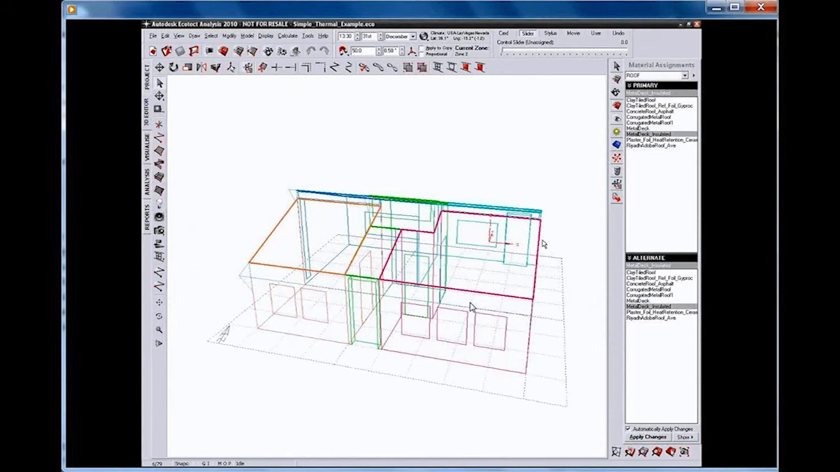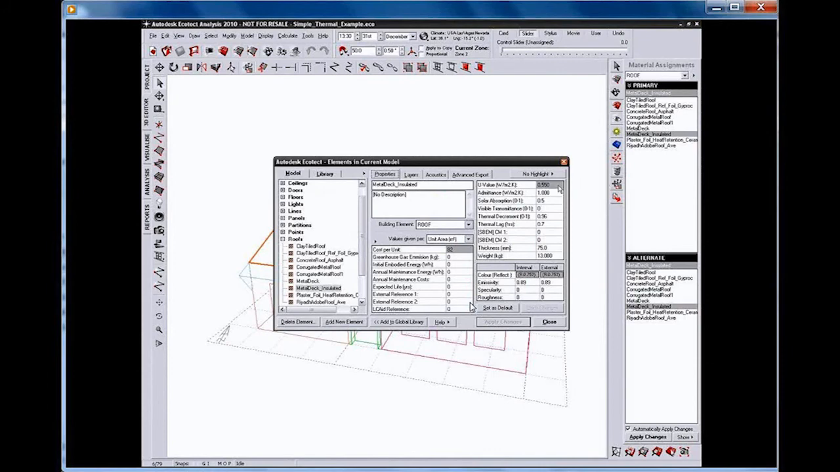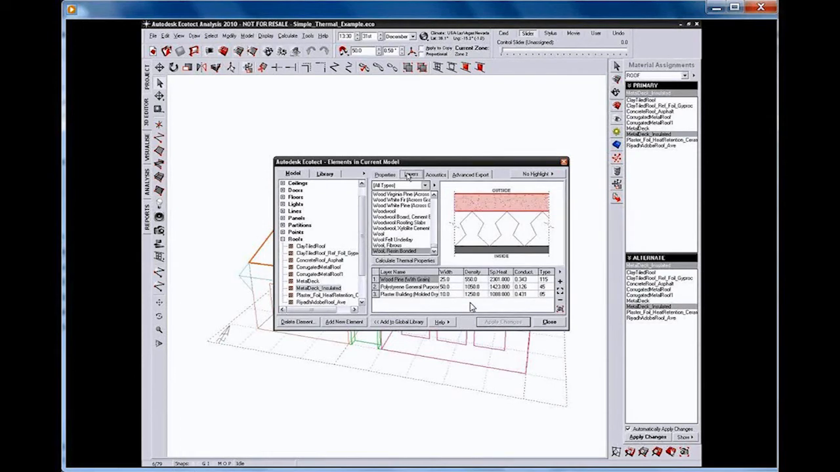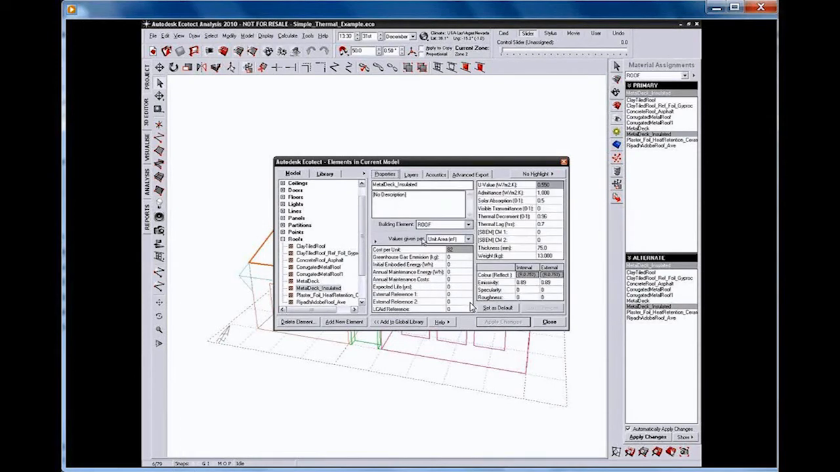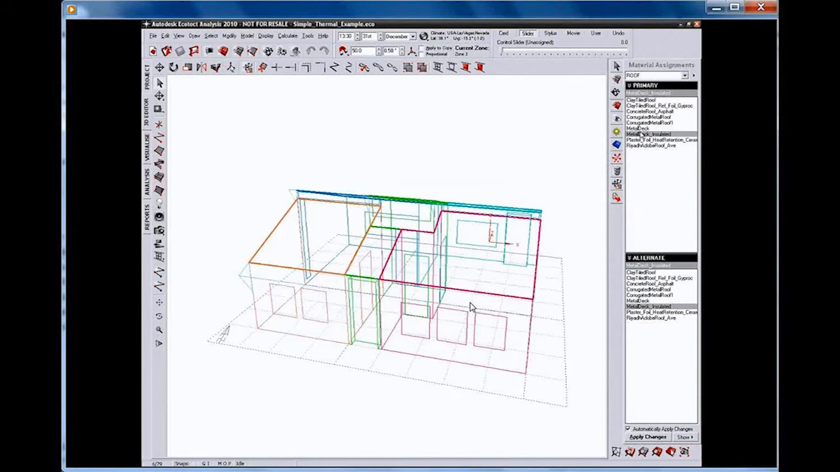So here we pick the roof, interrogate the material, and look at the material properties. In this case it's metal deck insulated. As you saw, we can interrogate the U values. We can also look at the makeup of that particular material. So with the metal deck,